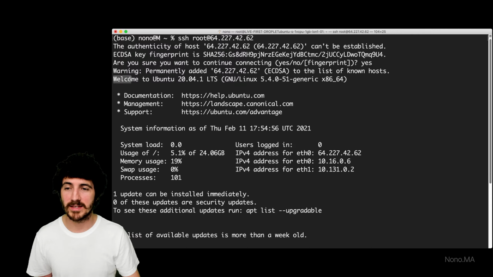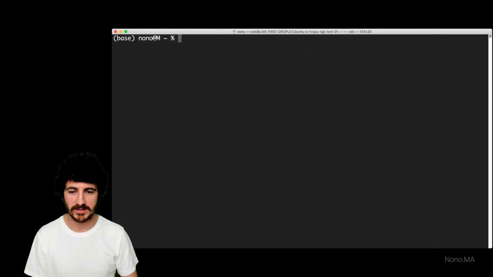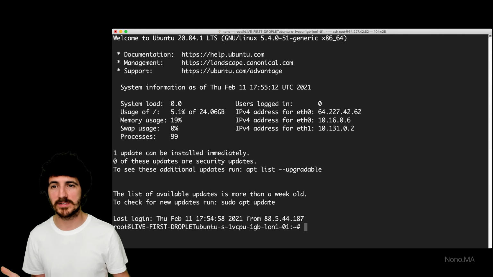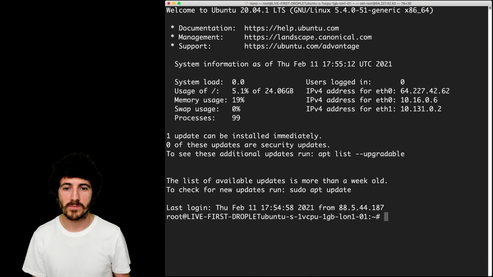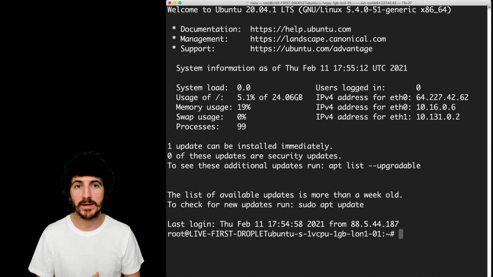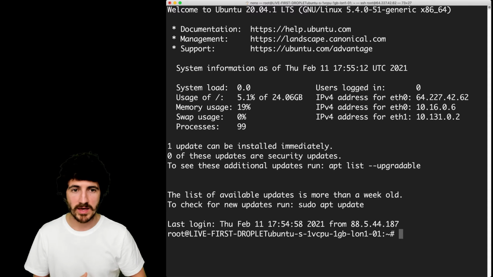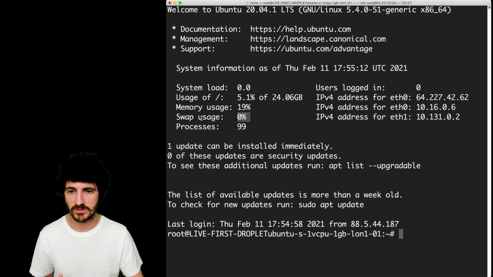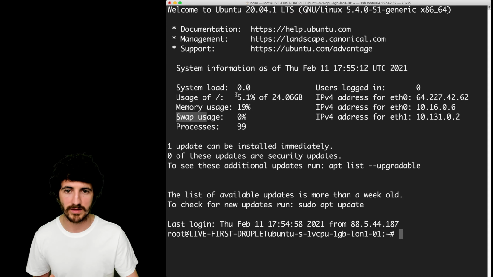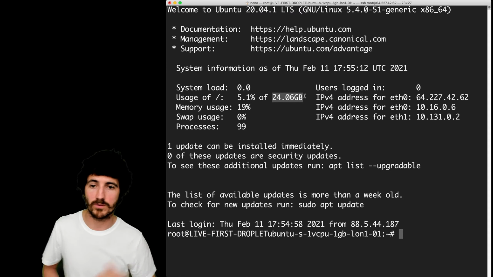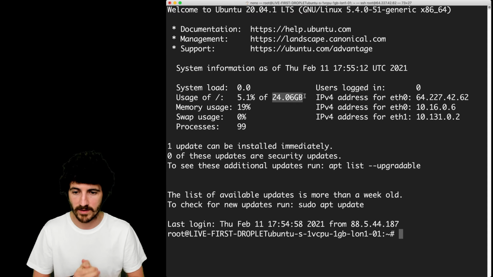Let's actually do that once again. I can exit and leave. So we do SSH, I clean everything, and this is what we see. Welcome to Ubuntu 20.04.1 LTS, blah, blah, blah, documentation. This is just a message on your Linux machine telling you some things about the machine, memory usage, swap usage. We haven't really created swap space, and I might tell you today or another time what that is. We're using 5% of our 24 gigs of space. After the disk is formatted, we've actually lost a gig of space.